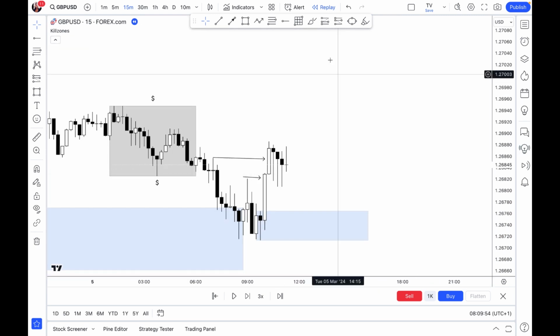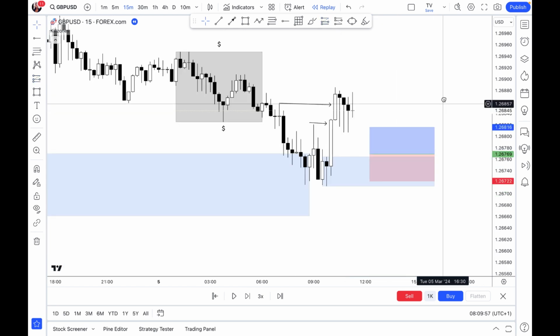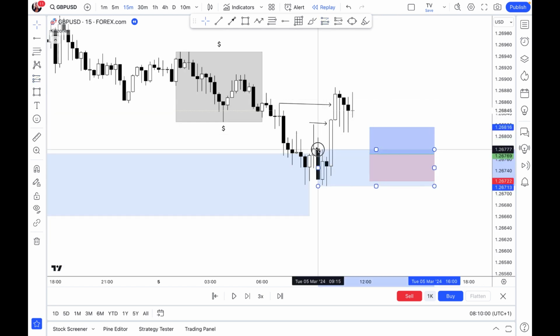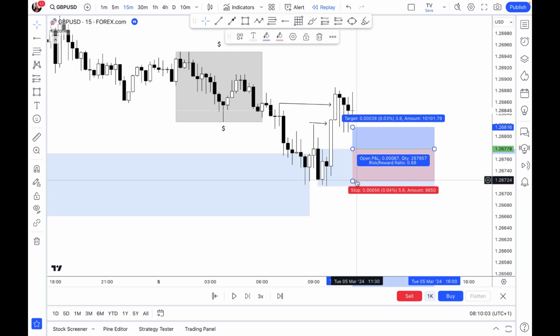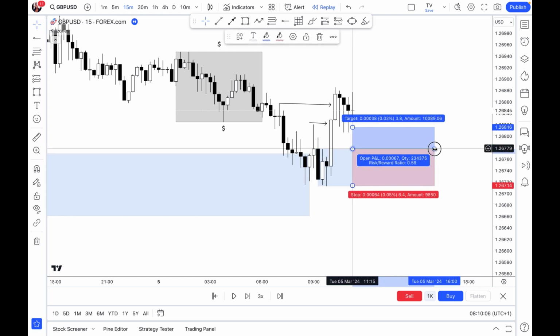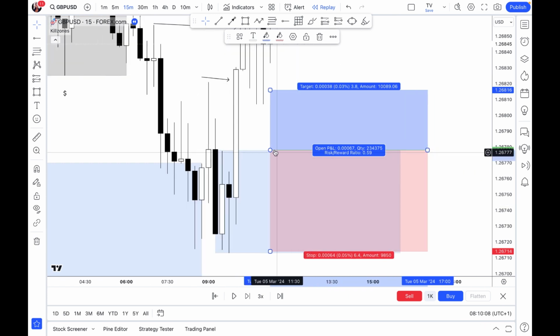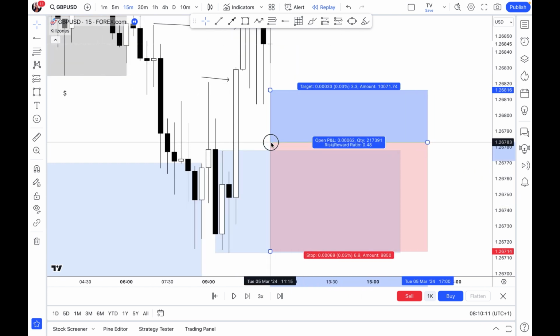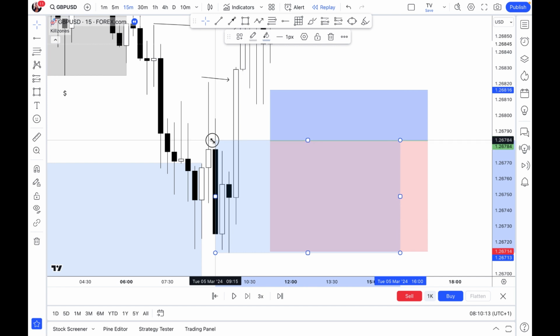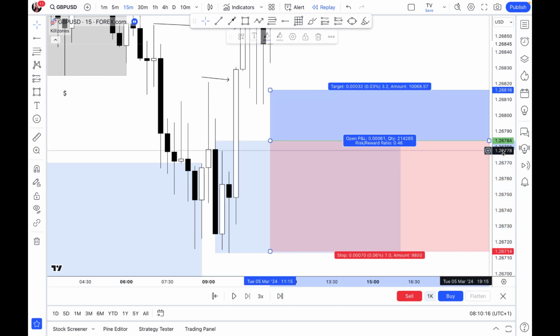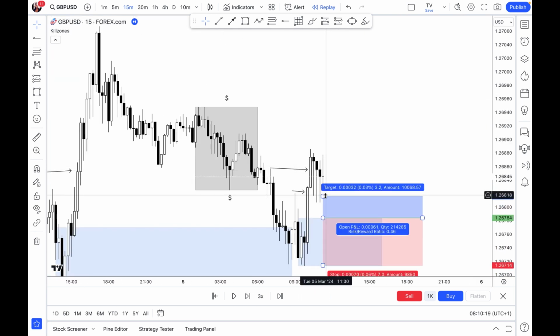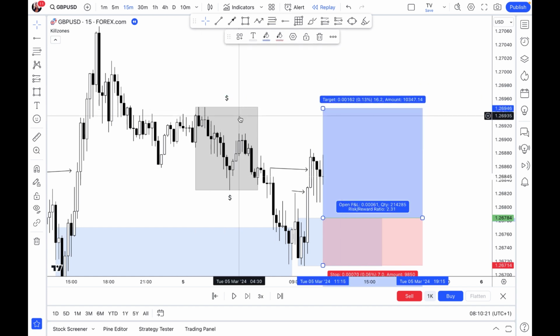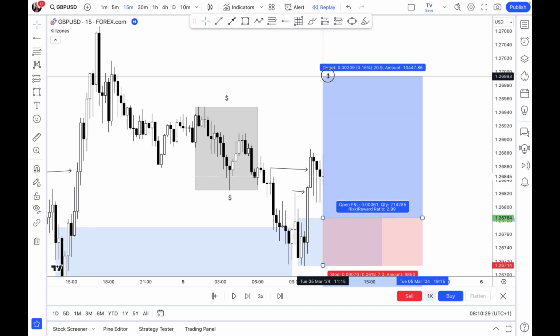So I actually did mark up my chart, and I was looking for an entry opportunity from right here, with stop loss at this low. I think on that day I was having about a 7 pip stop loss. I think my entry was actually on another higher time frame, and I was looking at this Asian range high, but I realized this trade was not going to give me up to the 3 RR that I always look for, because 3 RR will be somewhere around this level right here.